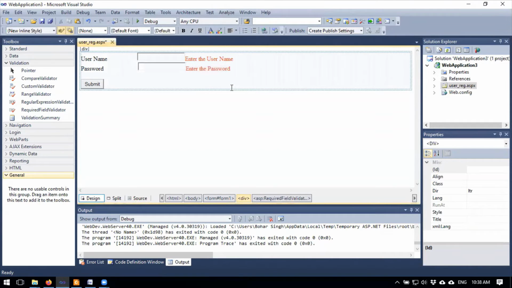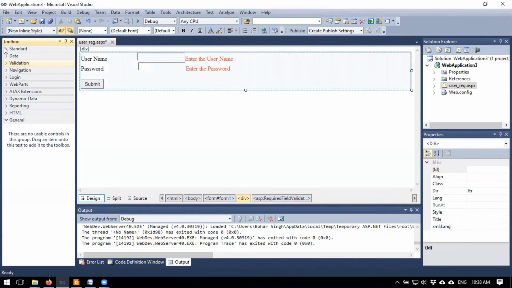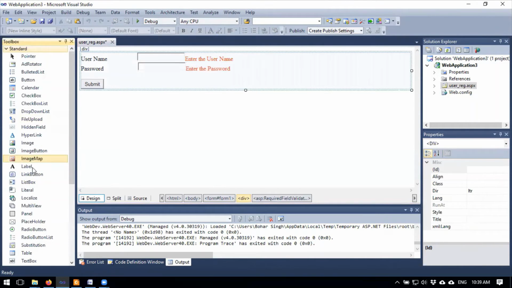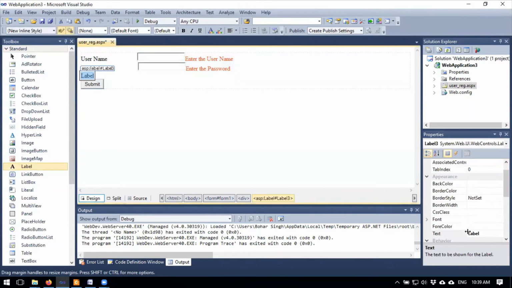Again I want a confirm password, so again standard, then apply the label and write the text. Then apply the text box.